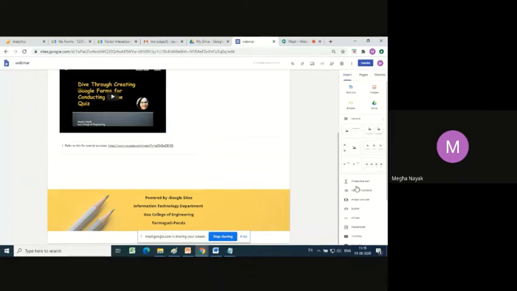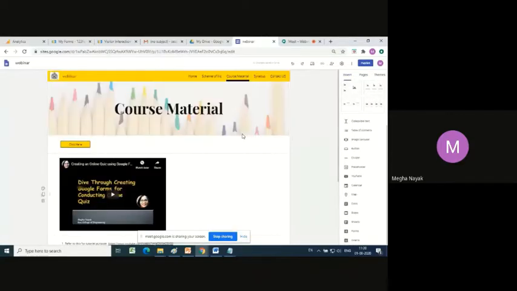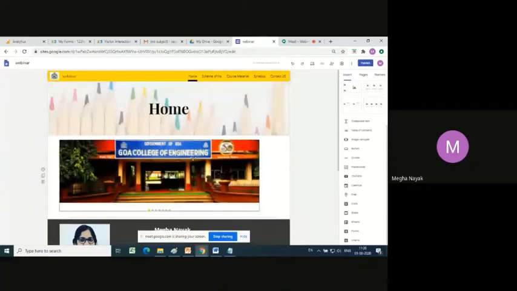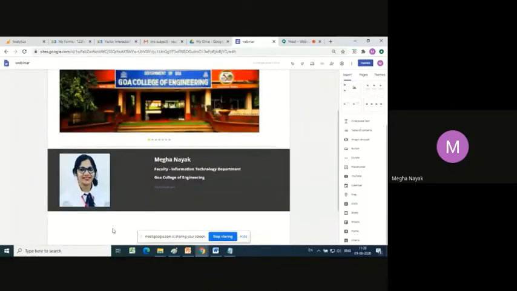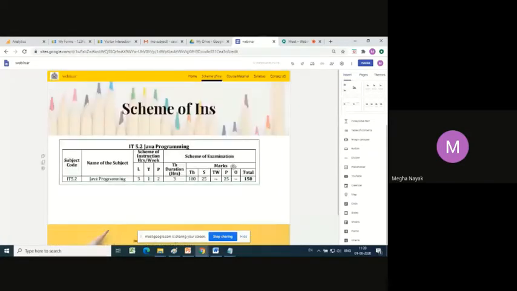Alright, so I believe I'm done with collapsible text, table of contents, image carousel, button, divider, YouTube video, calendar, and a map. So let's go back to the home page and see if there is anything more you want to put. If you want to insert any more videos, you can do that. If you want to go to the scheme, or for students developing this, if they want to make more changes, they can do that.